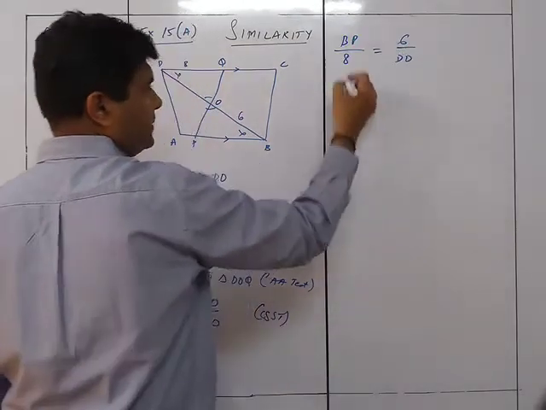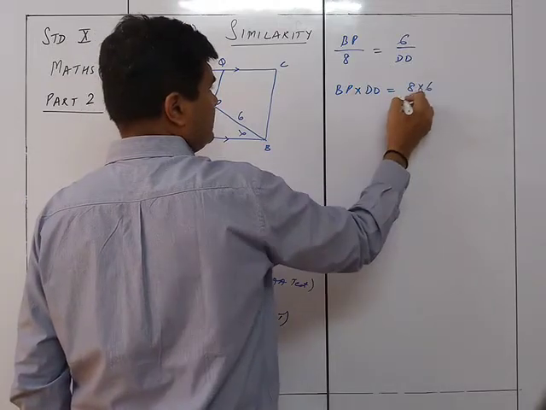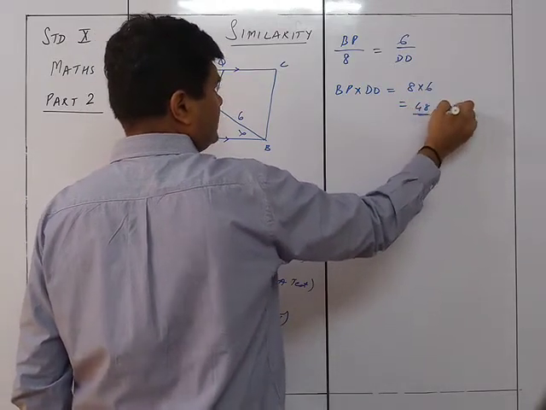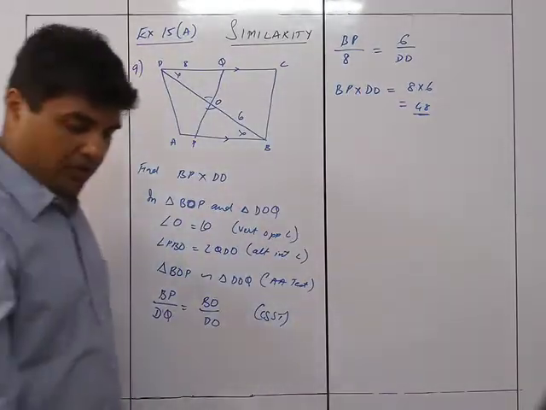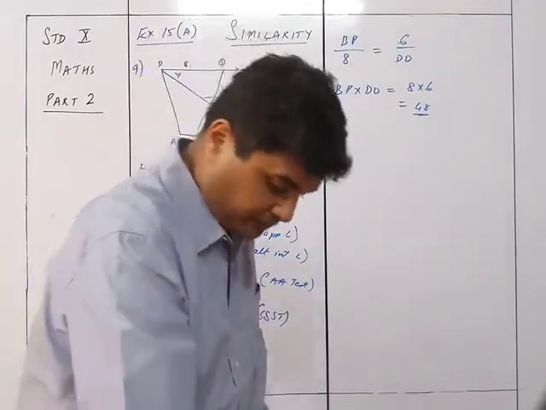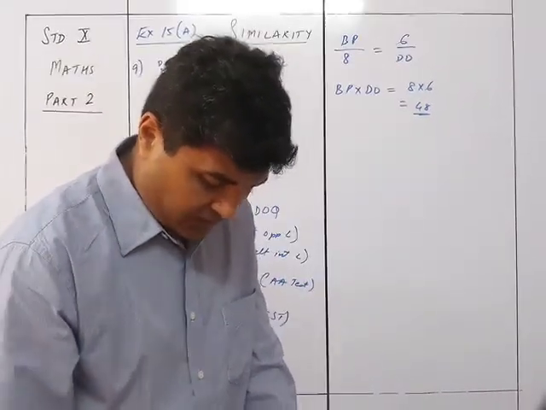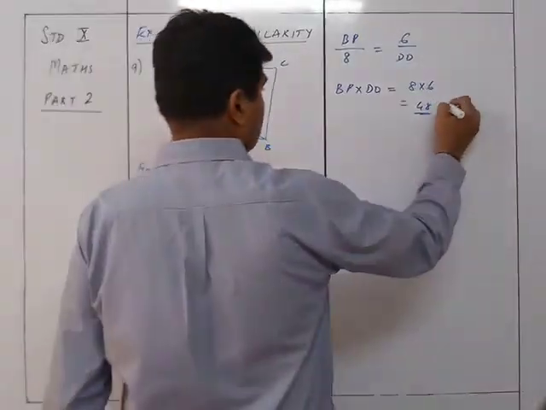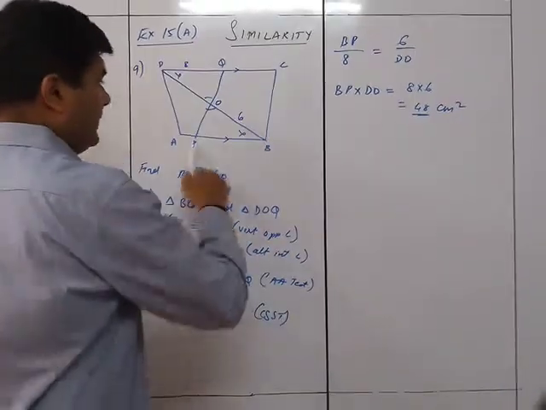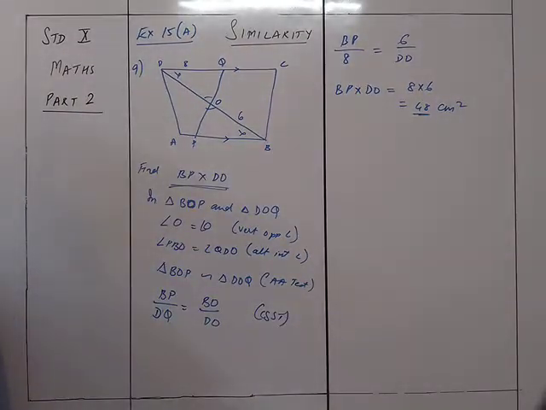अब जस्ट इसको क्रॉस मल्टीप्लाई करते हो, BP into DO is equals to 8 into 6 is 48 centimeters. So that's it. 48, in fact, just centimeters, no centimeters over there. Centimeter square लिखने अभी जरूरत नहीं है. So that will be the answer as 48 centimeter square. Yeah, they are writing it centimeter square of course. So BP into DO, this part is given as 48 centimeter square.